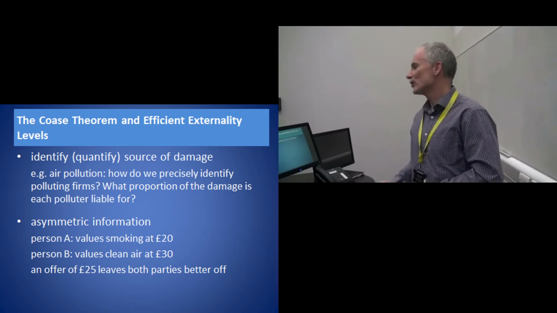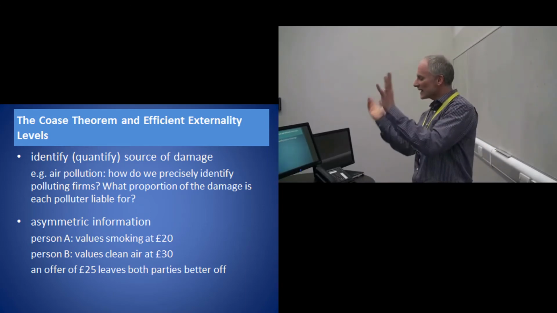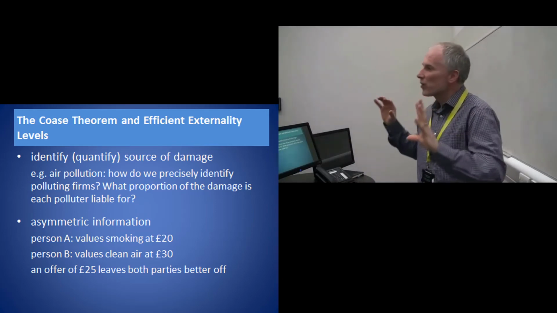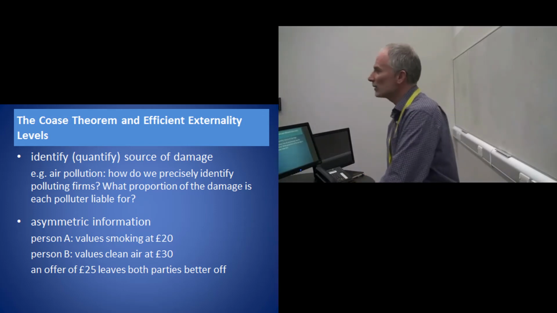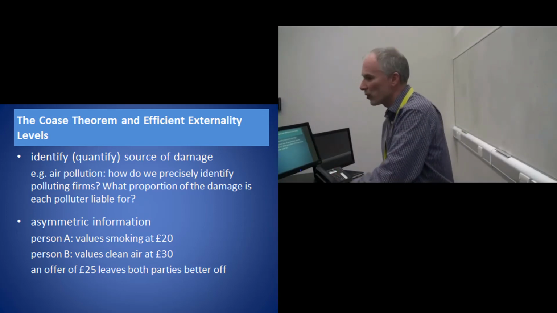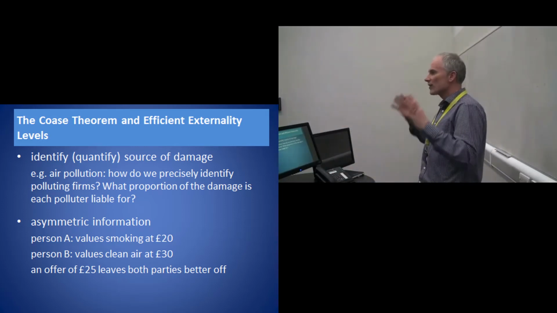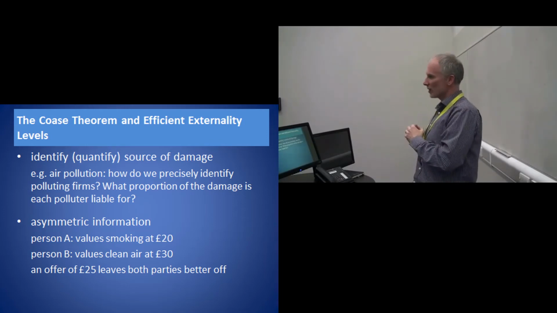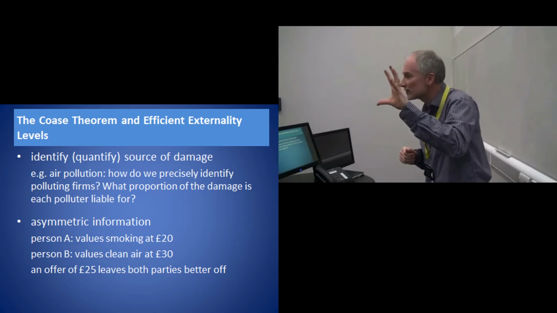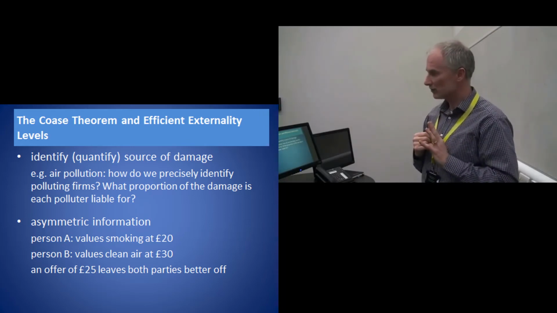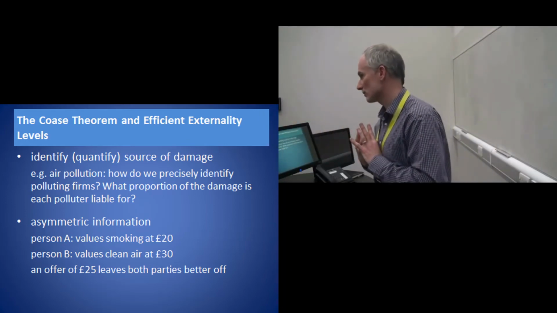Okay, last two points then. And again, let's think about that scenario of air pollution. Even if all the other factors were fulfilled, that nobody was going to free ride, that the costs were sufficiently low, that property rights were clearly defined. In the case of air pollution, there are many, many thousands, millions of people affected by air pollution. And there are many thousands and thousands of firms who would be causing the air pollution. Now, even if property rights were such that everybody was entitled to clean air, and their air was being polluted, they would have a case for seeking compensation.